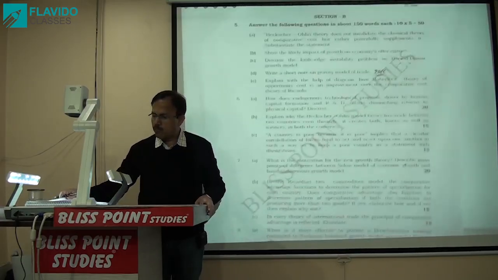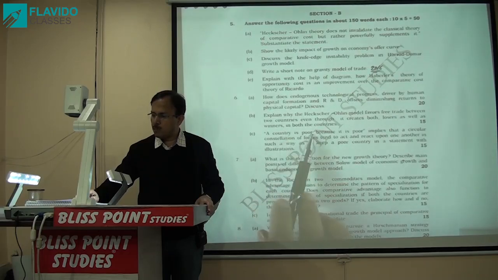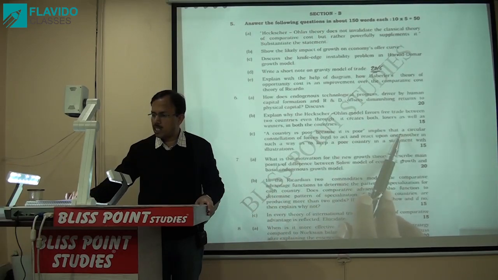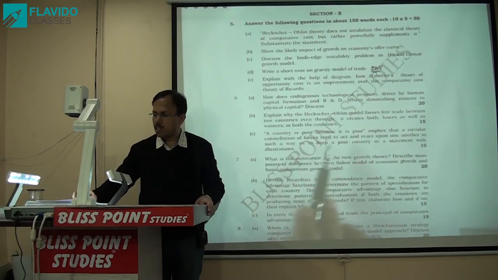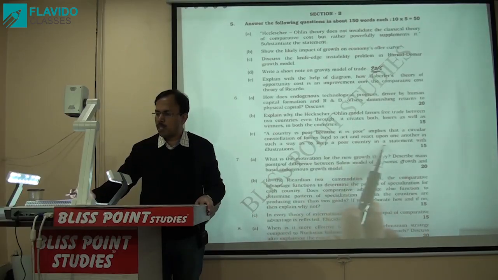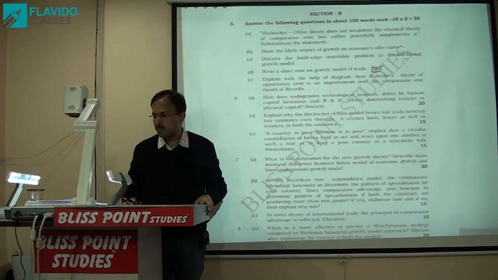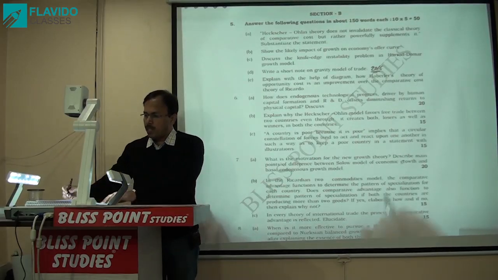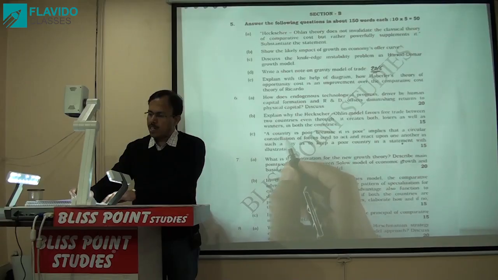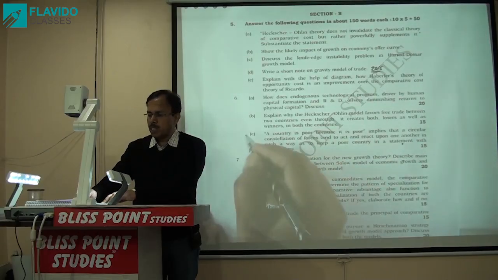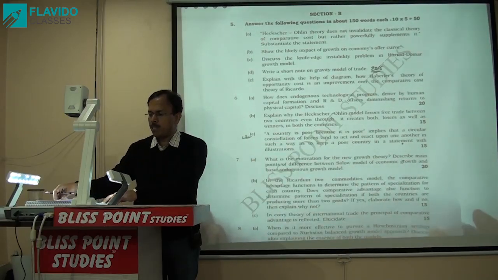there was one question in the form of: a country is poor because it is poor, implying that a circular constellation of forces act and react upon one another in such a way as to keep a poor country in a state of poverty. A country is poor because it is poor. Basically, this statement was given by Nurkse,